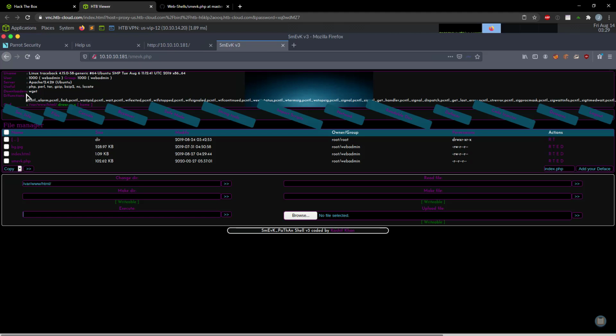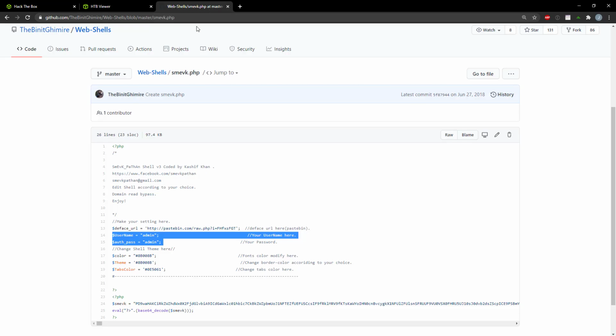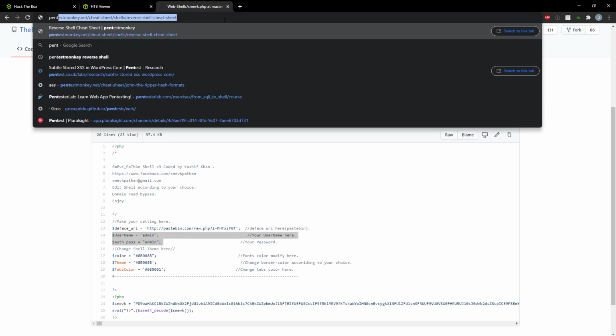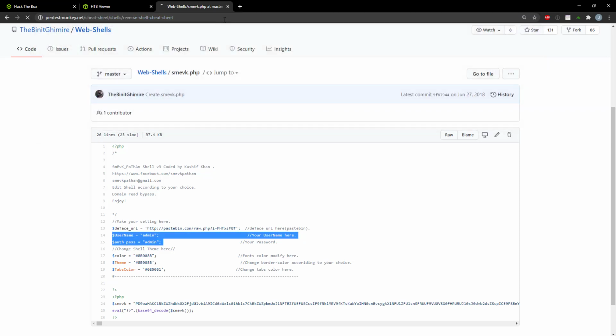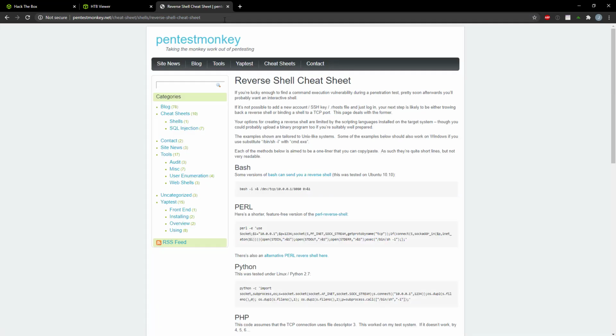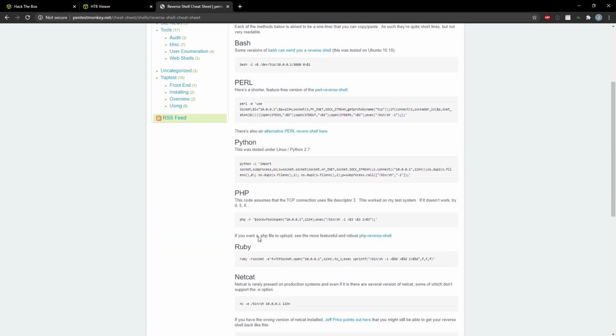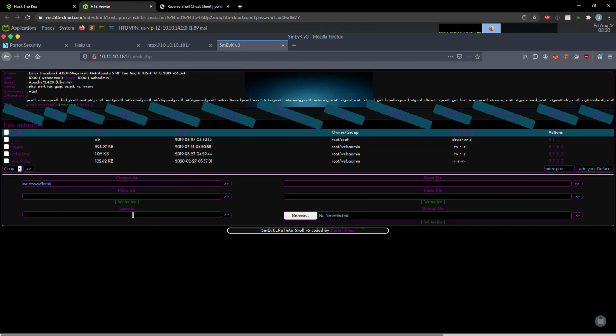There are a few issues that I ran into trying to get a bash reverse shell. So I found this one to be the best. We'll just come over and grab the PHP shell. We'll go back over. Now, we'll bring our windows back up